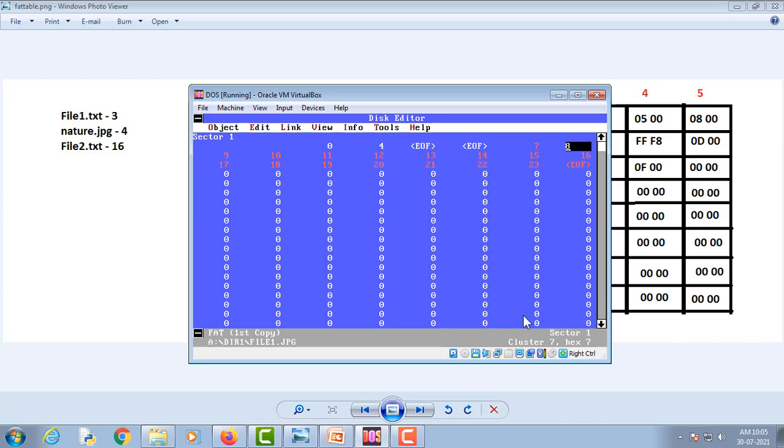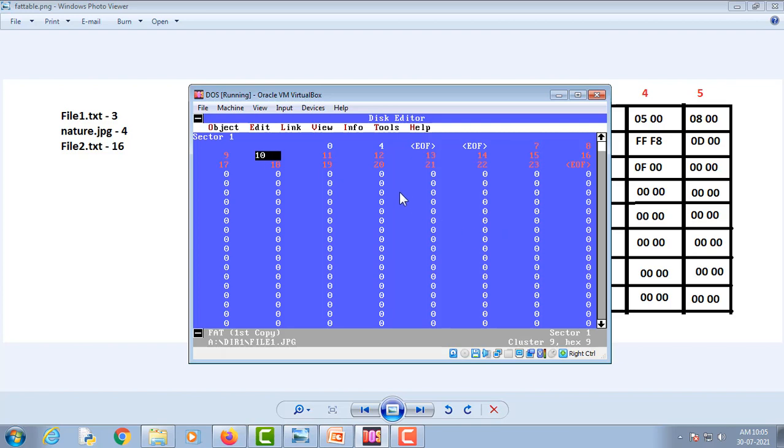If we go to cluster number 7, value 8 is written here, which means the next cluster occupied by the file is cluster number 8. If we go to cluster number 8, it is telling us that the next cluster is cluster number 9. If we go to cluster number 9, value 10 is written here, which means the next cluster occupied by the file is cluster number 10.